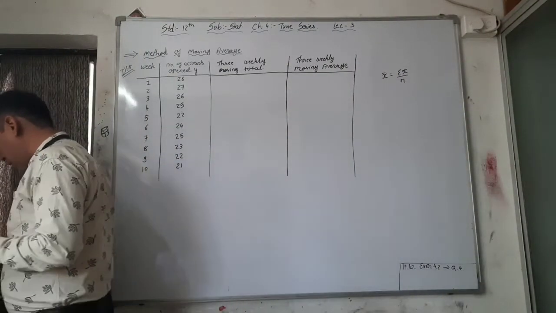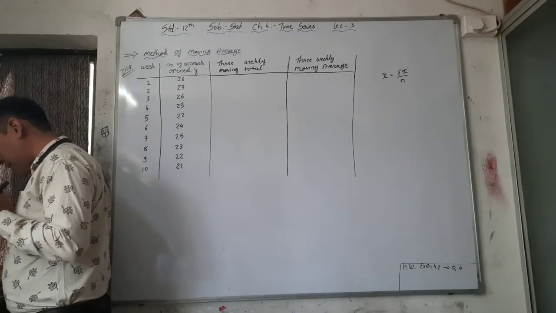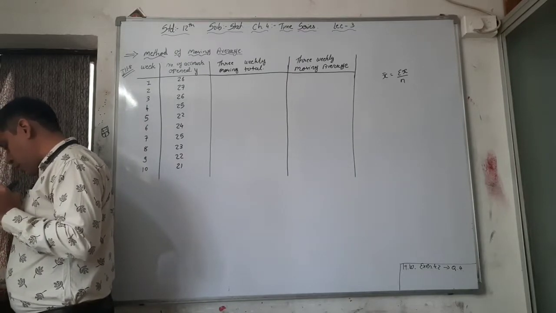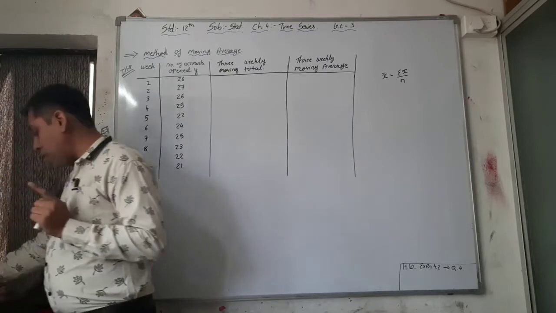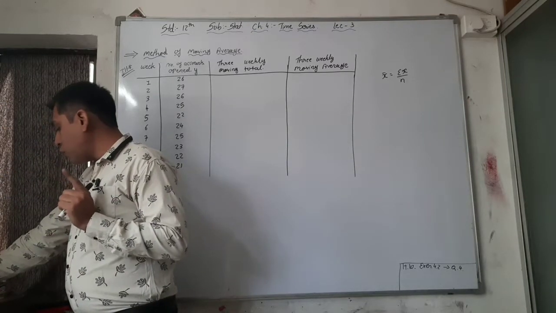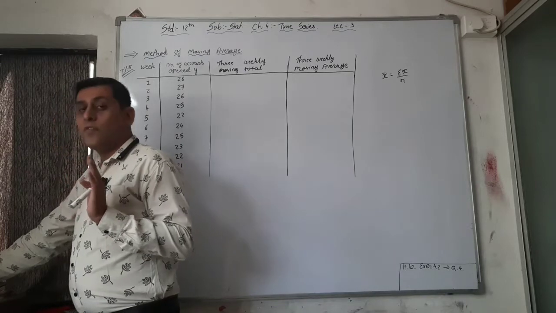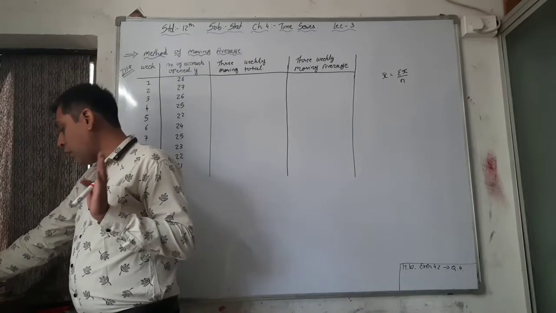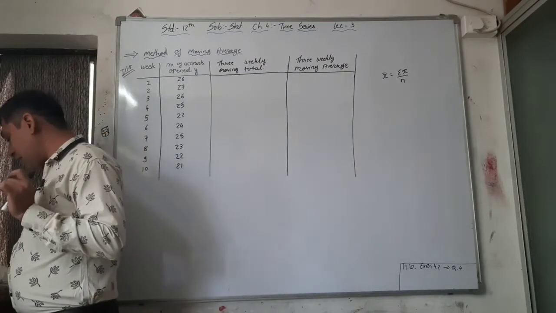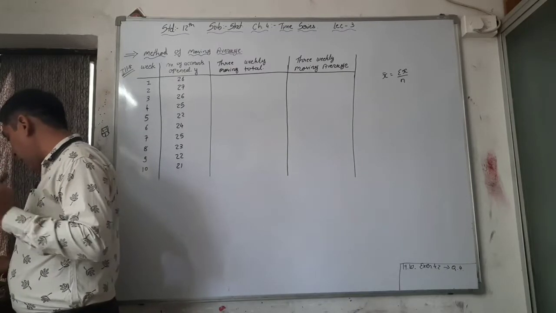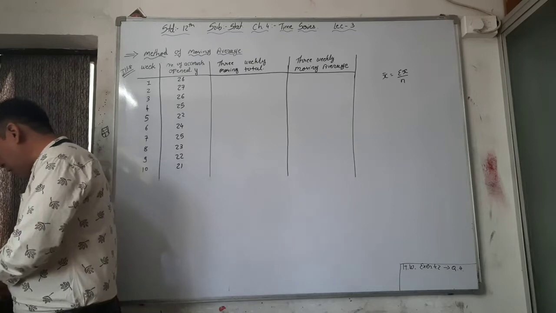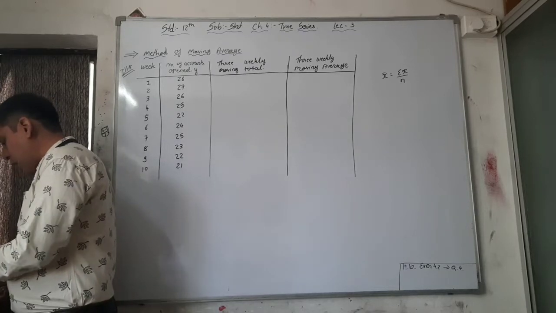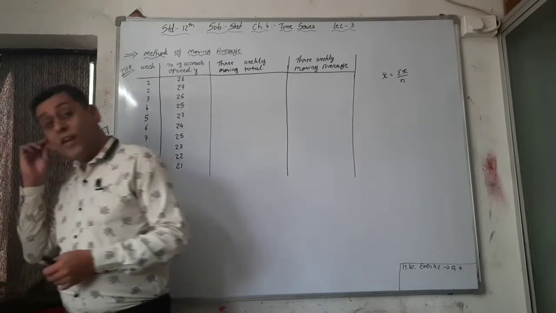Okay, we will move forward to illustration number 8. Read the question on page number 173. The number of accounts opened in the different weeks in a branch of a certain bank are given below. Total number of accounts weekly. Find the trend using 3 weekly. Underline this word. That is your main question. 3 weekly. So we have to find out 3 weekly moving average.